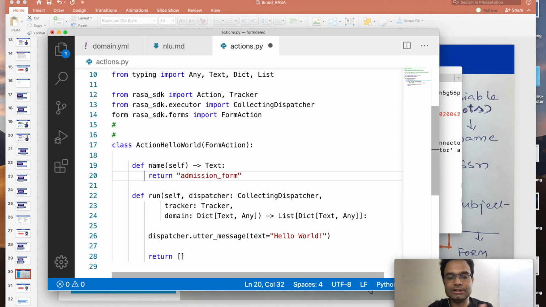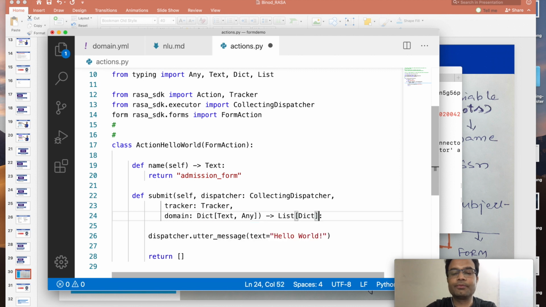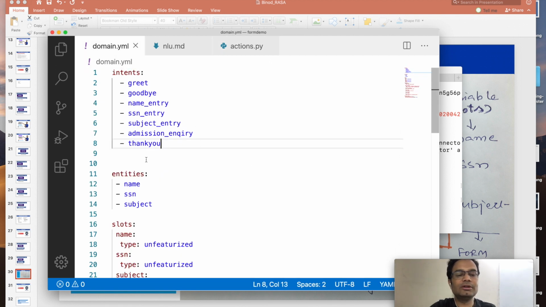This name we have to register there, and there is no run in this method. We have the submit, and we don't have this return type, we have this return type. Yeah, that's it, now perfect. So keep this action form, and we have to register the action form in the domain, right?